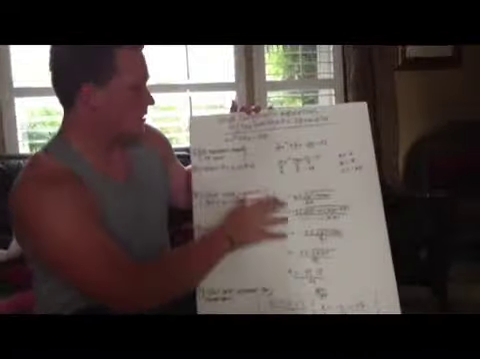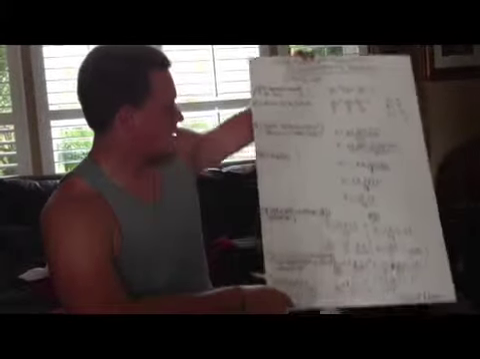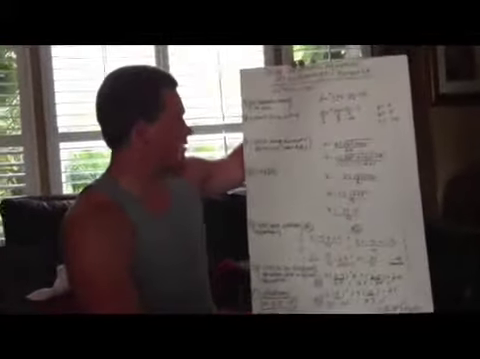Second, you're going to want to identify a, b, and c in this equation. ax squared plus bx plus c equals 0. And a is 2, b is 5, and c is negative 25, as you can see. And then third, you're going to want to solve